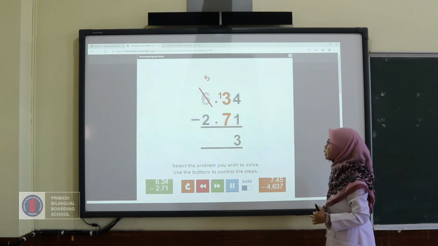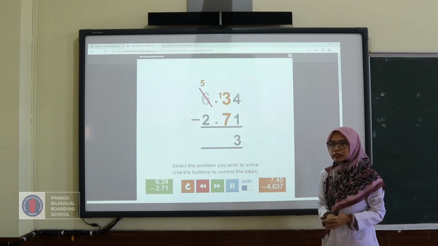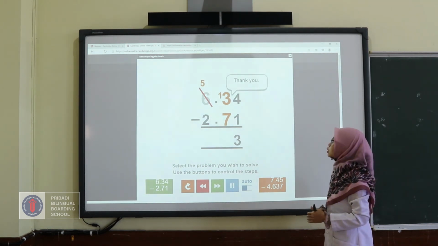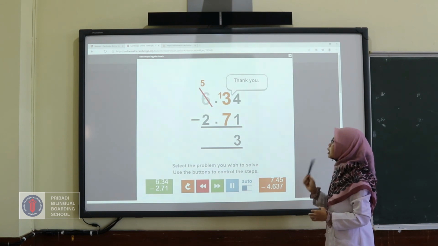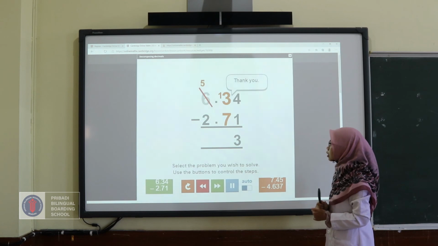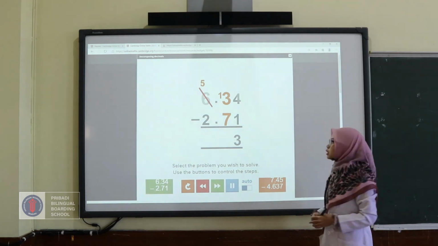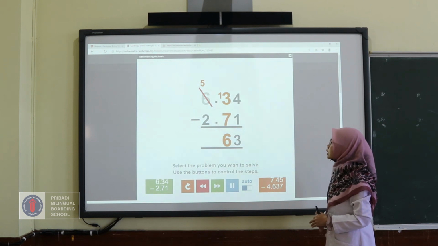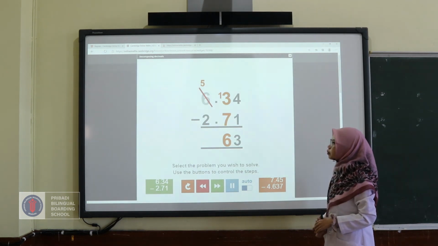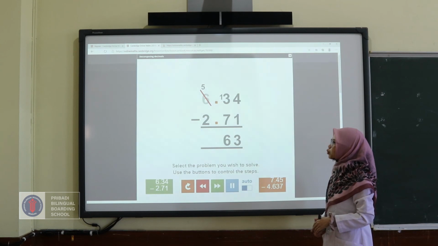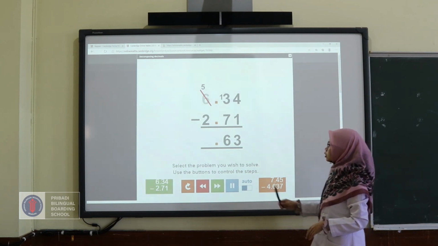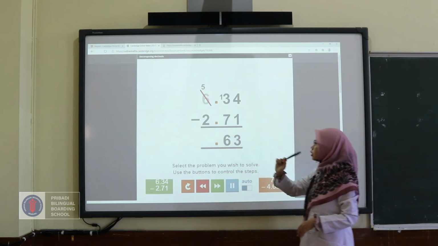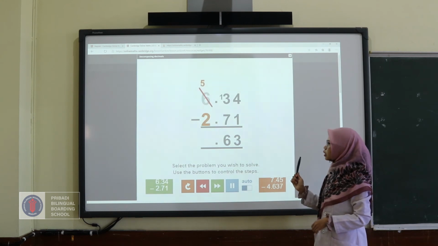So it will be 13, and 6 is no longer 6 but will be 5. The 3 said thank you to 6. And then the next step is 13 minus 7 is 6, and then 5 minus 2. Oh yeah, don't forget to put the decimal point here. 5 minus 2 is 3.